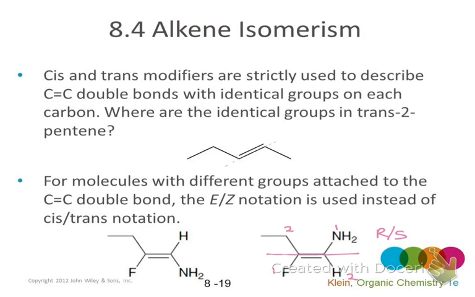Then you look at the high priority groups and make the determination: are they across from each other or next to each other? In this case, the trans, or quote unquote trans, are across the double bond from each other. And so this is when we use the nomenclature for E and Z. E,